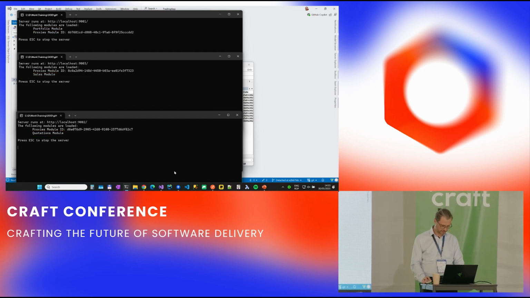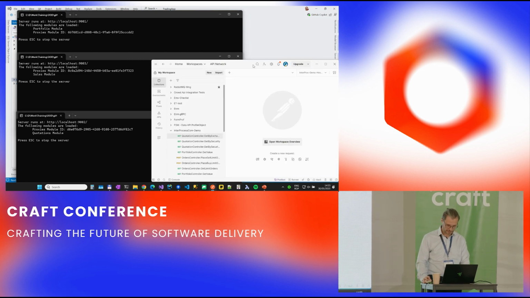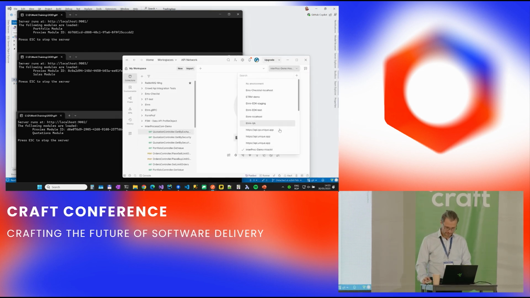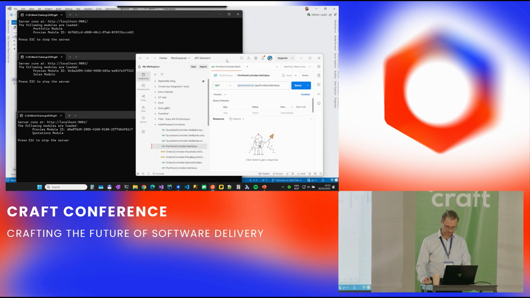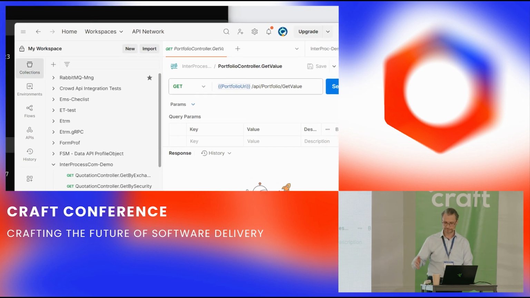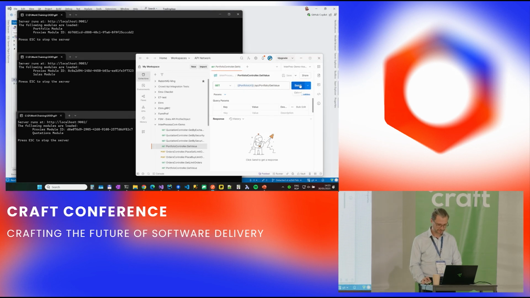OK, and now we can bring in Postman and send some requests to these guys. And the first request we could do is to the portfolio. Let's open this one. So basically, this one calls the path /API/portfolio get value. And if I run it,